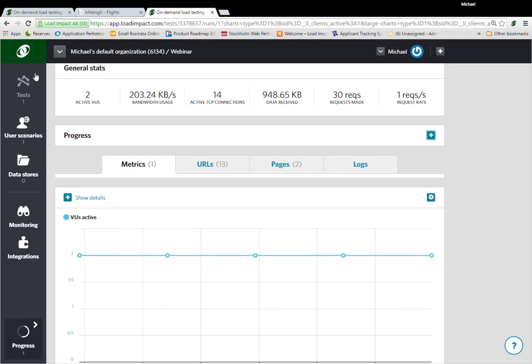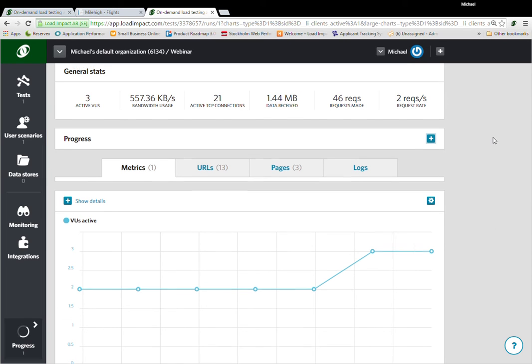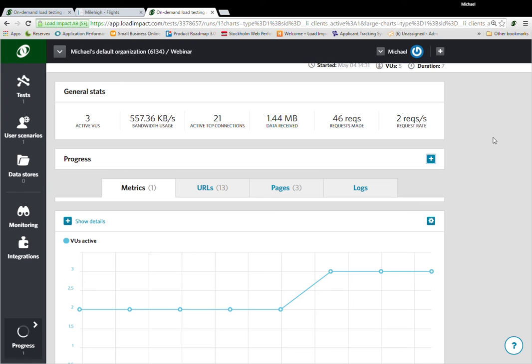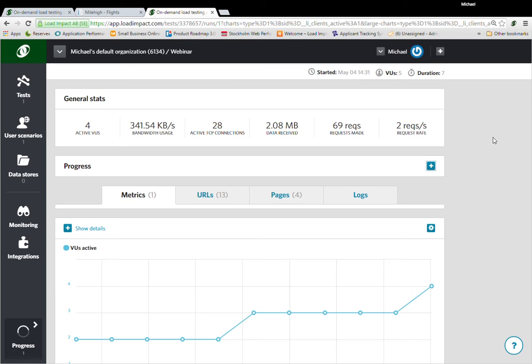here we have the general statistics: the number of users, bandwidth, request rate. We're only running this with 5 users, and that's really a type of smoke test or small test to make sure the test does what it's supposed to do. It's really important to set it up properly before we kick off running big tests to get the results. Let's get some quick